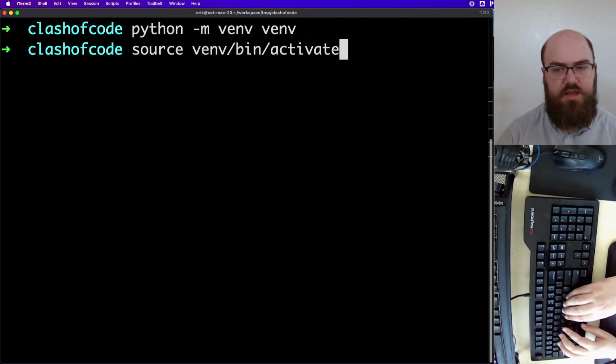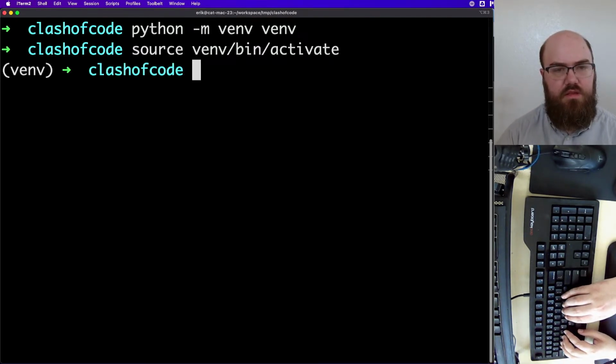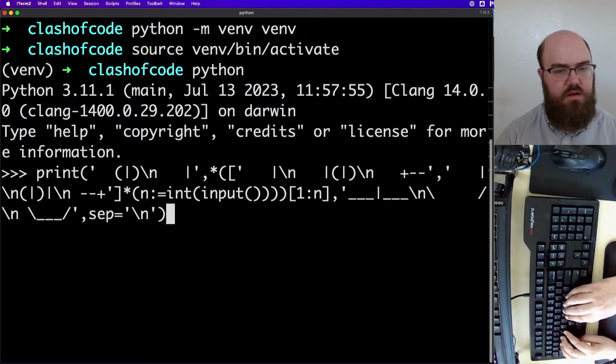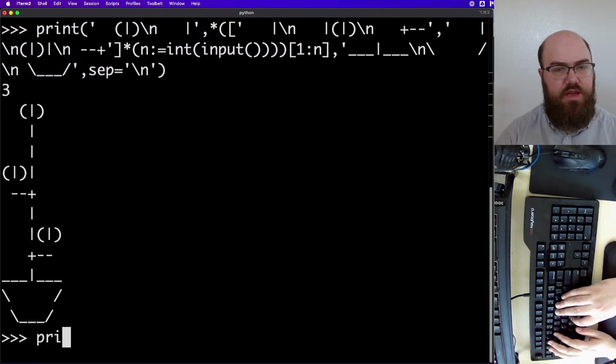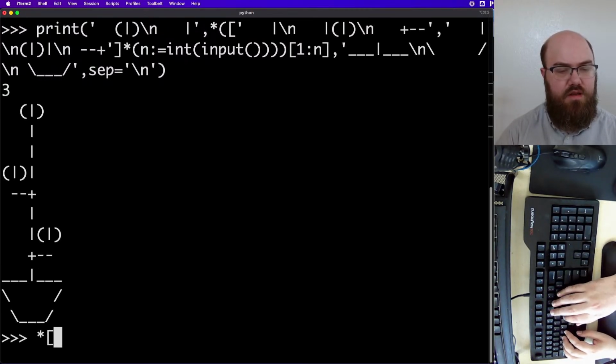First venv bin activate. Python. Do all this. 3, not 43, gosh. Well, it definitely works. So if we do star print star, I think I just have to type this